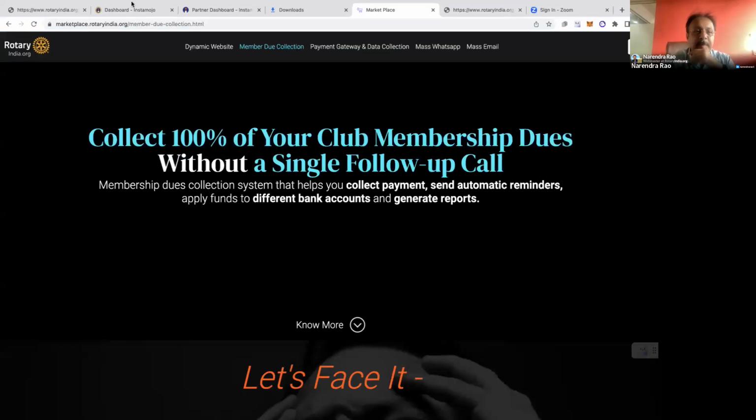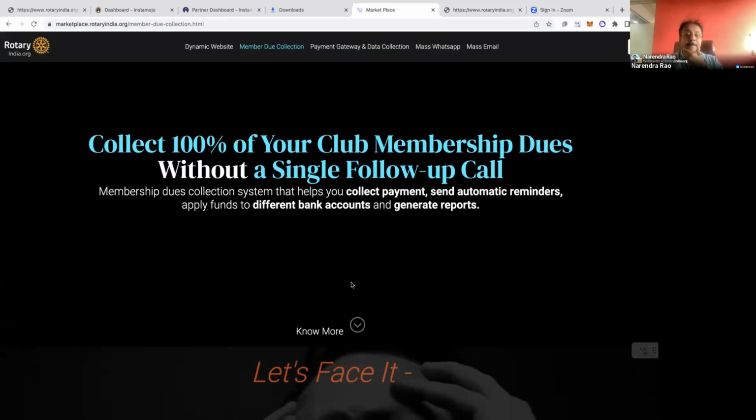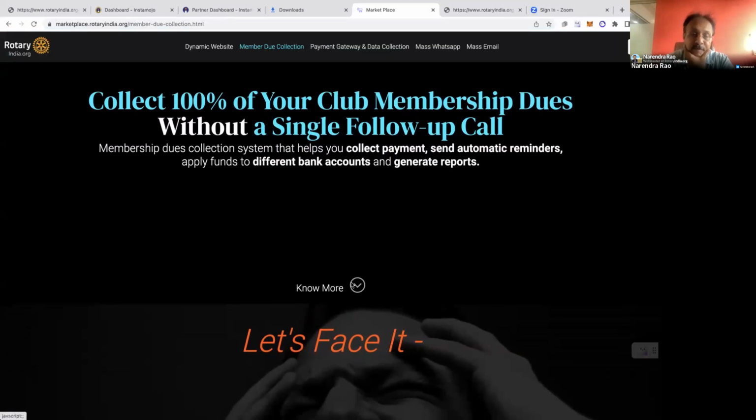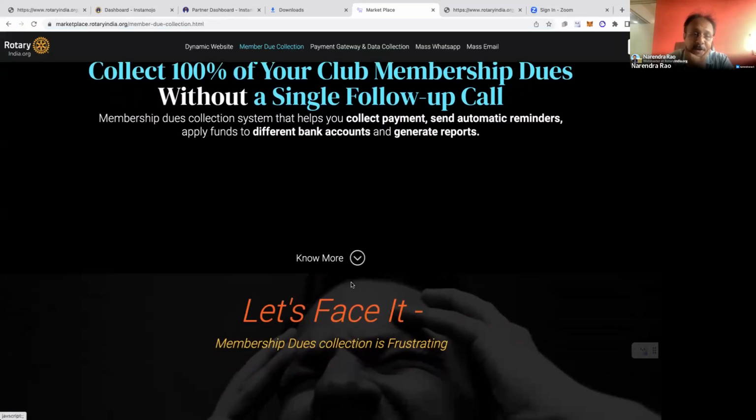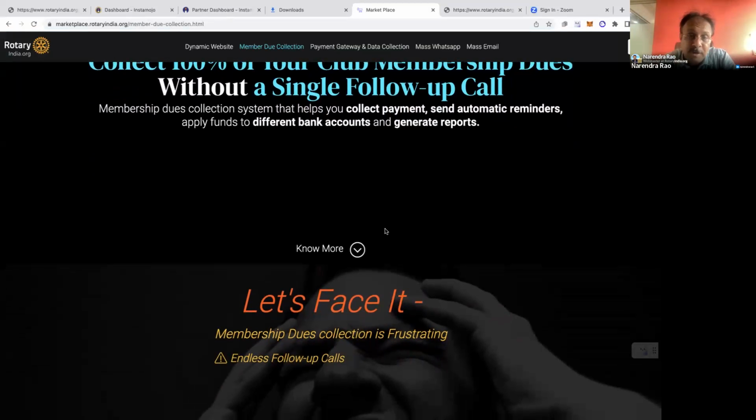So my request to everybody, go to this place called marketplace.rotaryindia.org. You will come to know the whole flow. So now collect 100% of your club membership dues without a single follow-up call. Membership due collection system that helps you collect payment, send automatic reminders, apply funds to different bank accounts and generate